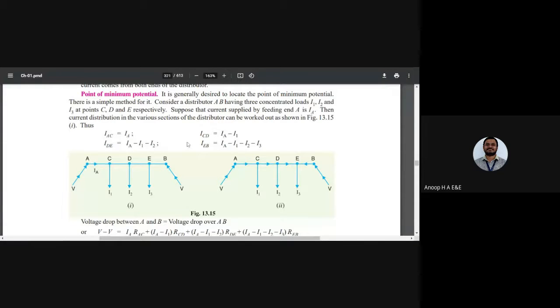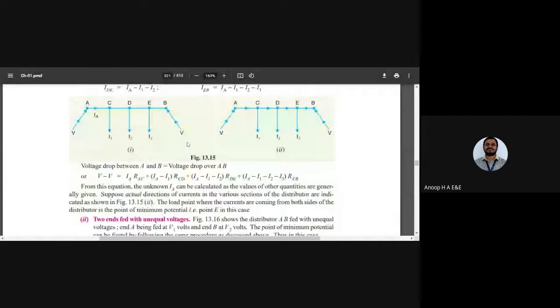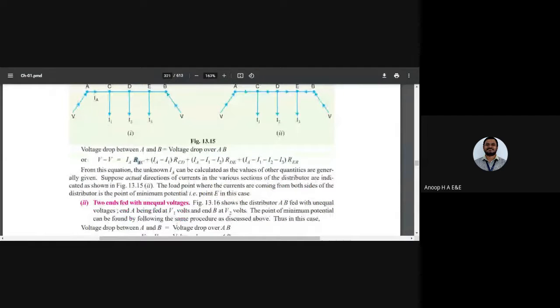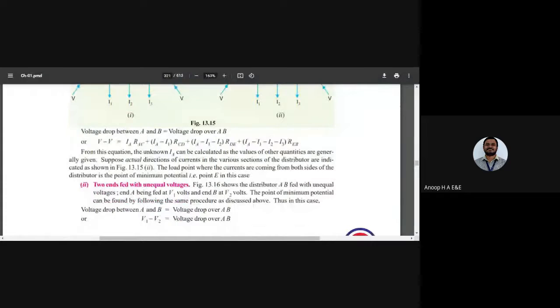Correct. So now let us understand the potential drop in A and B. So the voltage drop across A and B. If I want to take a potential drop, that would be potential at A minus potential at B. So a simple closed network sort of approach is what we are doing here. So that would be V minus V, so both the ends are having the same voltage. Now when I take the potential drop over the entire section AB, I need to take the current and also the resistance. So let us take the voltage drop in all the sections.